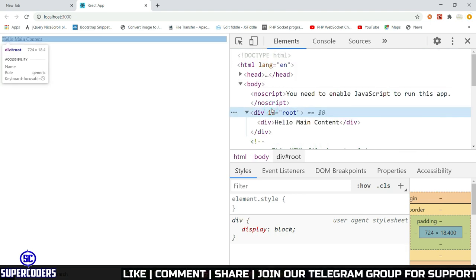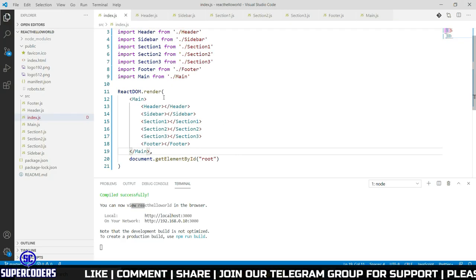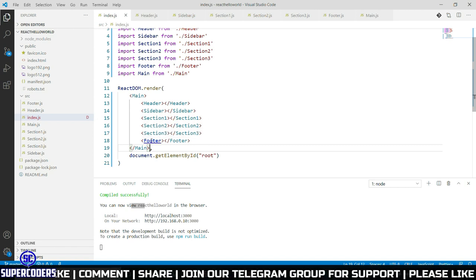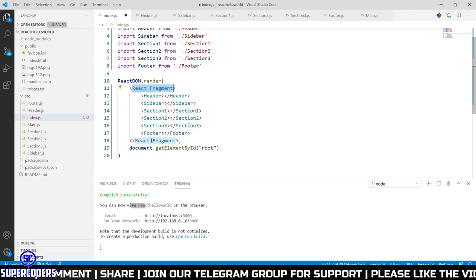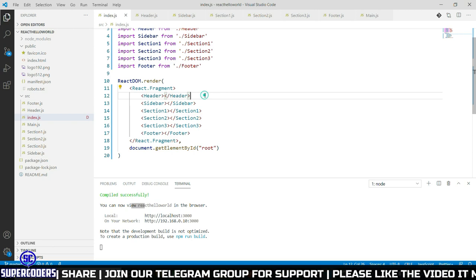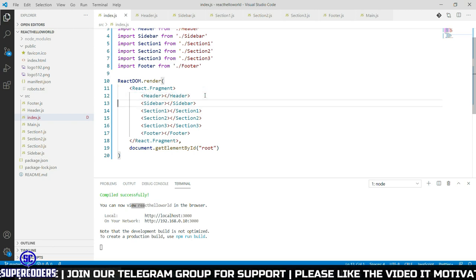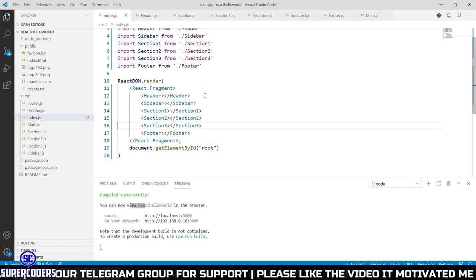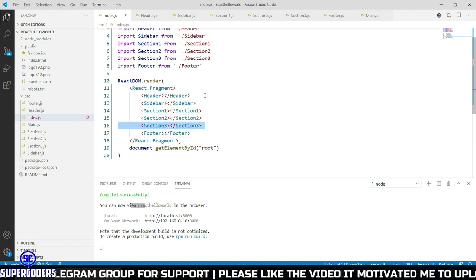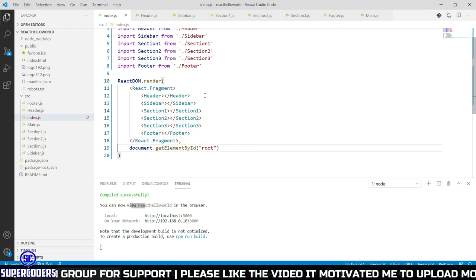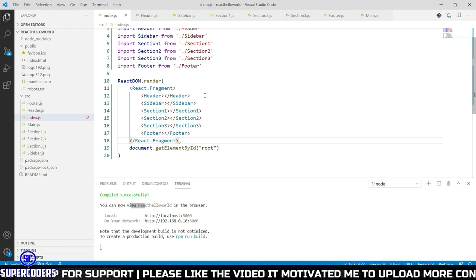That's why it's blank. So I remove this main and change it to a React component, and every component I pass here: first is header, sidebar, section, section 2, section 3, footer or header fragment. Or you can use another way if you want to use main.